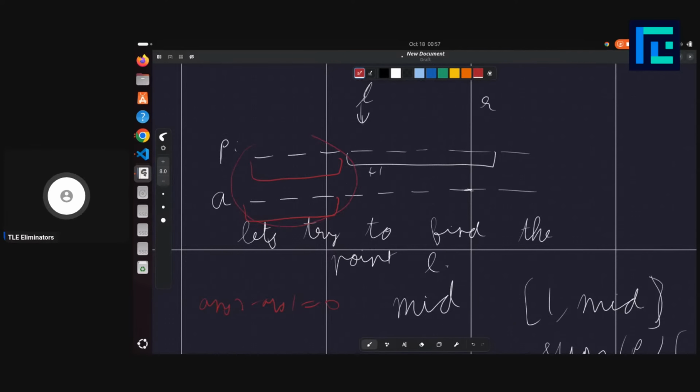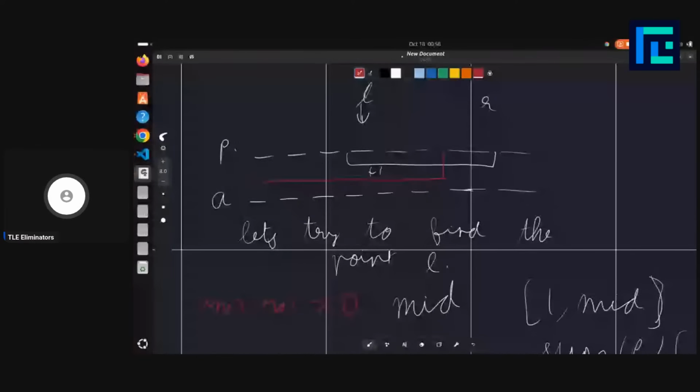Because you are not including the subarray which is having plus 1. And if you query something which contains this left point, like if you query on this left point or beyond it, then definitely you will get ans 2 minus ans 1 not equal to 0,